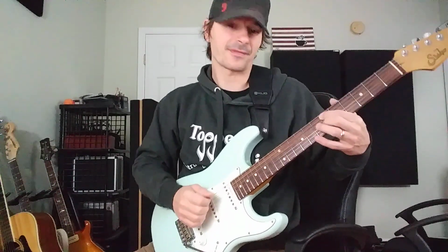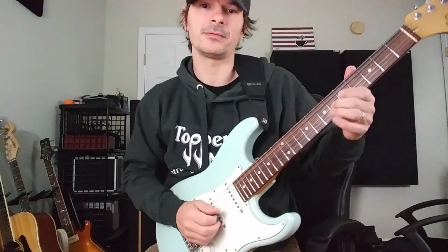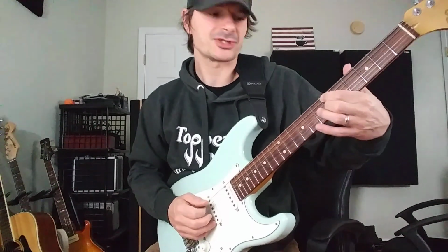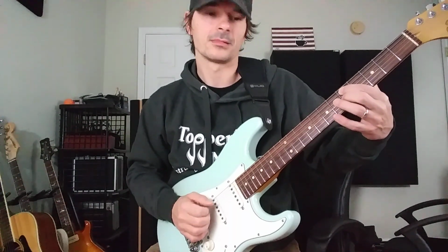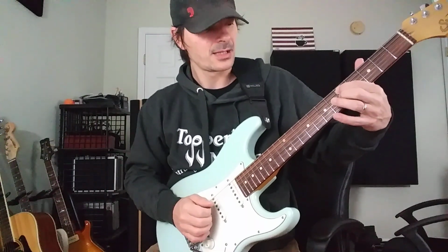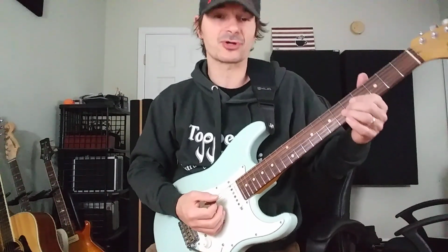Then we're just going to take this same shape right here, where you're skipping a string. That's on the G string, 6th fret. And here is our D sharp on the A string, 6th fret. And we're going to take it down to a D. So really now this is E flat, so we can go to D. And there's our C. And what we're going to do when we get to this C, that's the 3rd string, 5th fret,